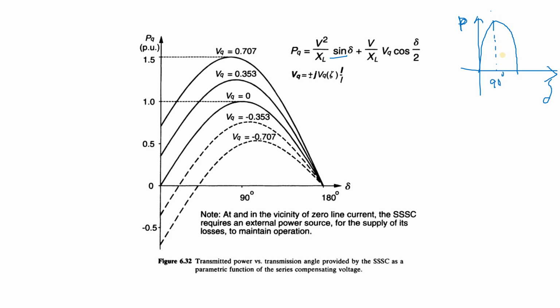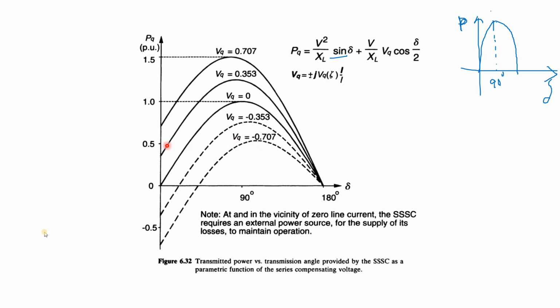Okay, so this is the maximum value at 90 degrees. Obviously it will be 90 degrees, we will get the maximum value. Similarly here also we are getting a similar kind of graph, but there are different values. You can see there are many graphs of different magnitudes or different heights, elevations.